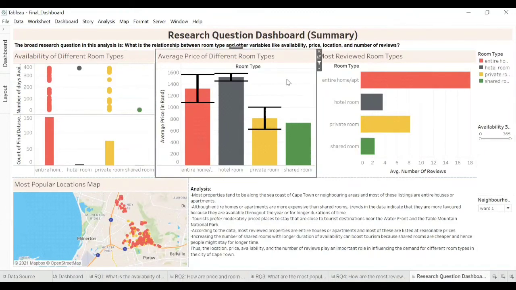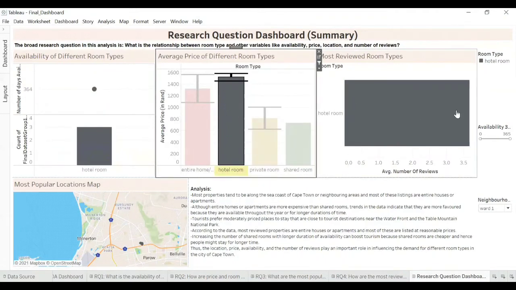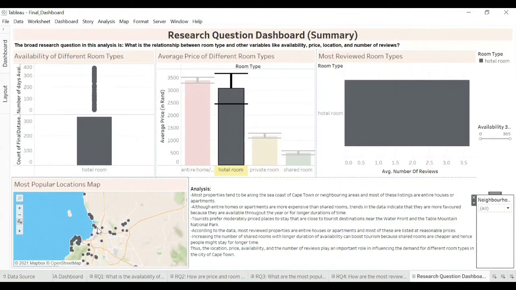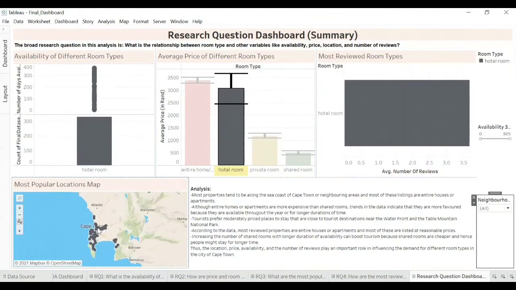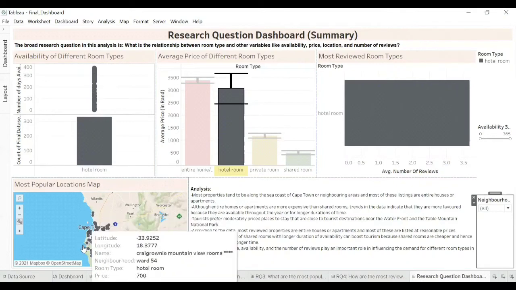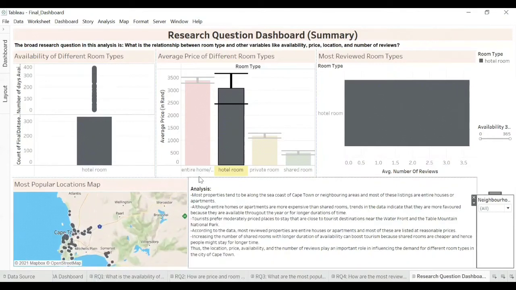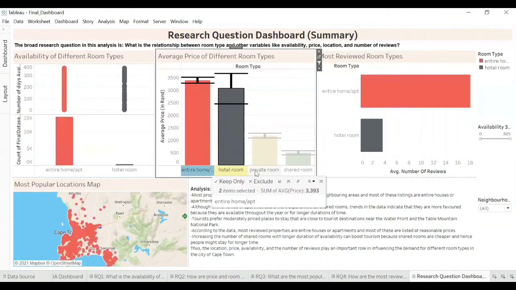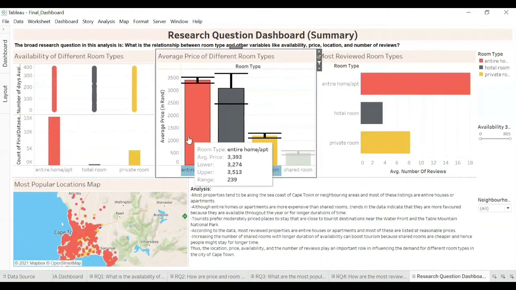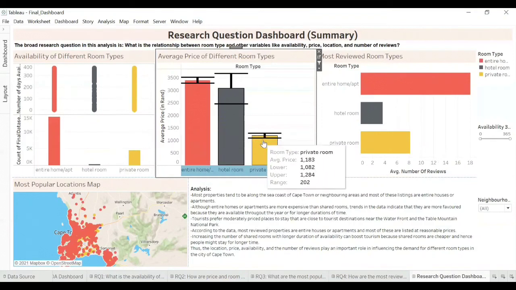And the third filter is this graph, and it helps us to filter data based on room types. So if I select a particular room type to filter on, hotel rooms, for example, the rest of the graphs will filter data to show only the details about that particular room type. So if I remove this filter, then you're able to see all the hotel rooms and how they are distributed across the city of Cape Town. We're also able to select different room types at the same time by holding the shift button on the keyboard and selecting other room type labels. So this helps us to compare and contrast different room types.